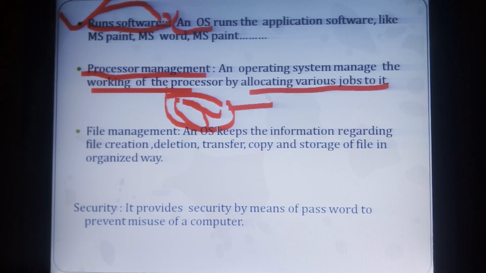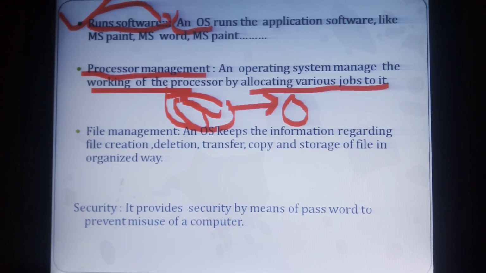Suppose these jobs will be allocated in a processor. These jobs will be operating whenever I am opening them.